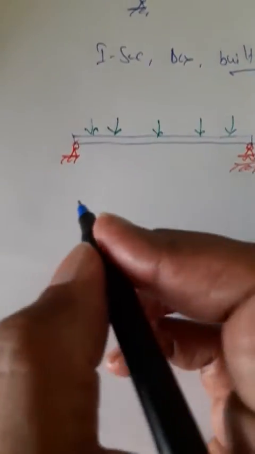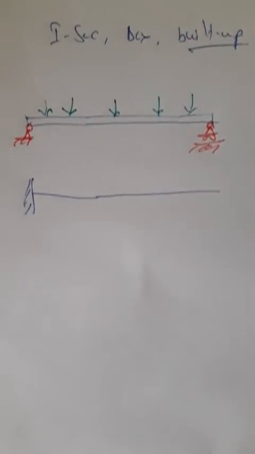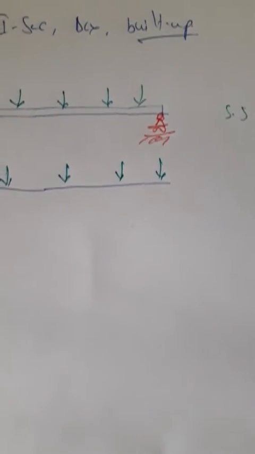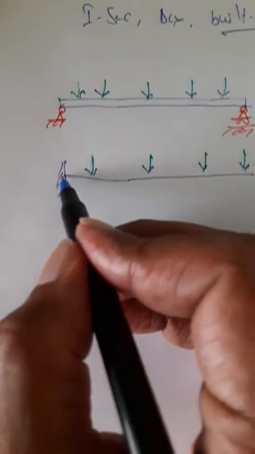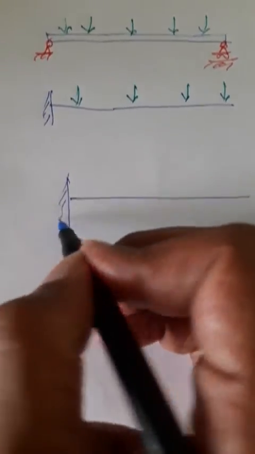Now let us consider the second type. One end is fixed, the other end is free. So this is called a cantilever beam. Here the free end is free to rotate as well as translate. The fixed end cannot rotate or deflect. Next type of beam can be a fixed beam, a beam like this which is loaded in the transverse direction to the longitudinal. So this is called a fixed beam. Both the ends are fixed.